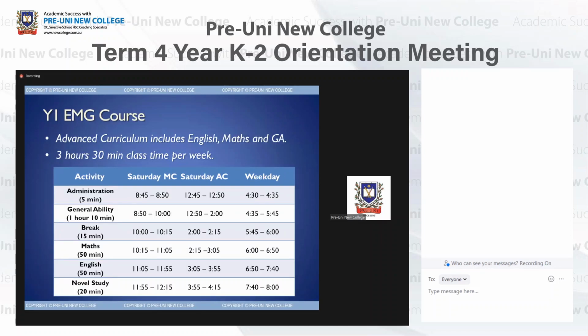For year 1, we have the addition of GA, which is general ability. It's a combined